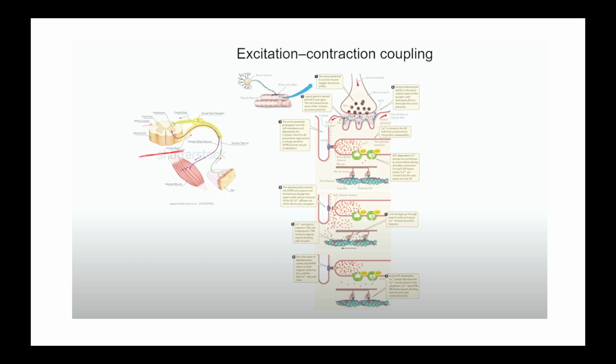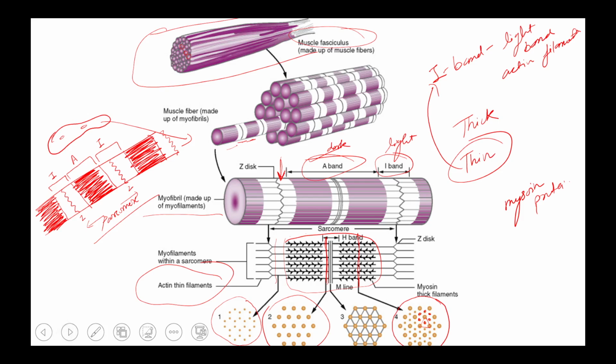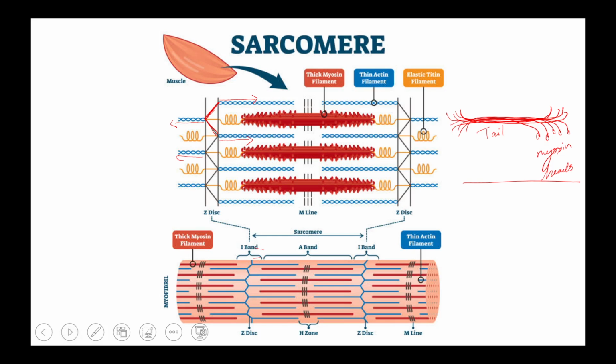Okay, so we have talked about how muscle contraction takes place. What is the composition of the myofibril and muscle fibers? We have seen the composition of the muscle fibers, the appearance of a dark band and a light band, then the unit of the myofibril or myofilament, which is the sarcomere. The sarcomere starts with a Z disc and ends with a Z disc, and that is the functional unit of the muscle.